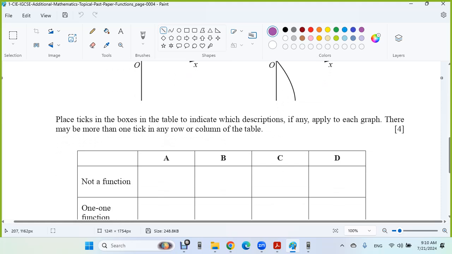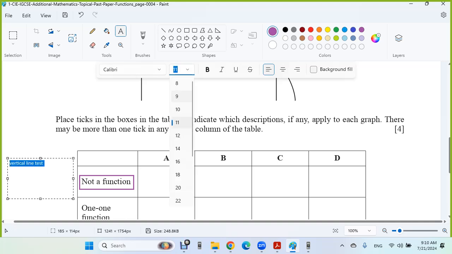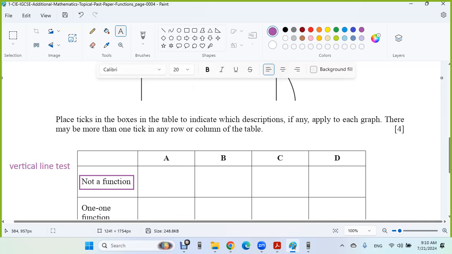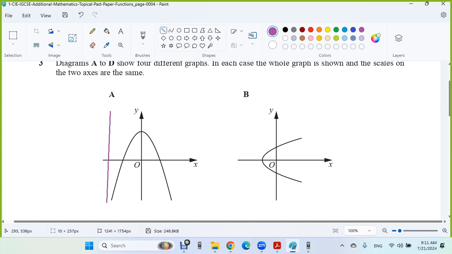So we want to know whether it is a function or not. Then what we do is we use the vertical line test. Okay, so we use the vertical line test here. For the vertical line test, imagine we have a vertical straight line